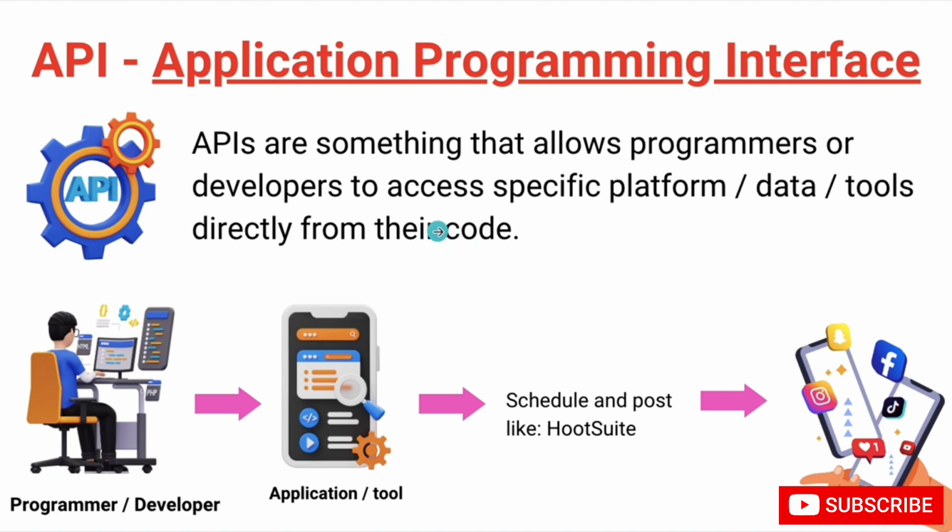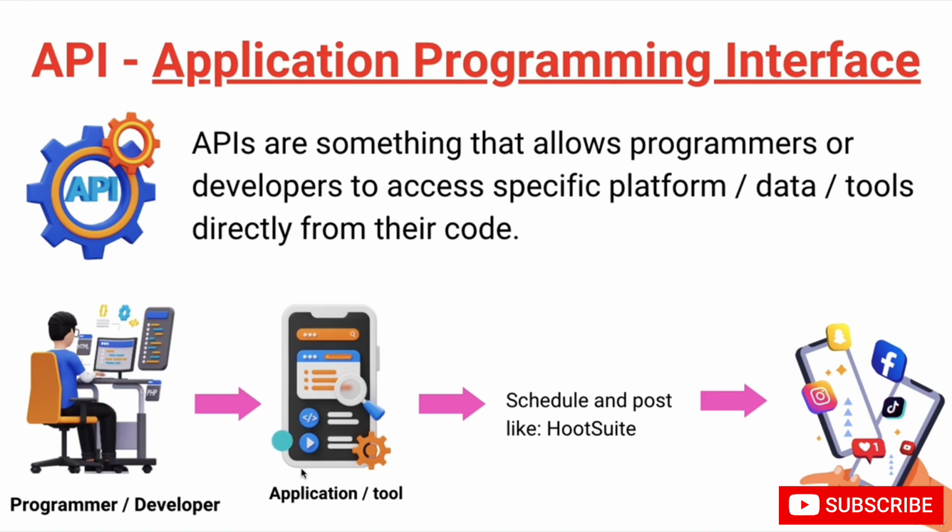Now you may not understand this basic meaning for now, so that's why I created one very simple example for you, so that you can understand the concept of API and how we can make money with it. So see, for example, here we have one programmer or developer. They do lots of coding. These are the people who create different types of tools or anything for their projects. For example, here we have one person.